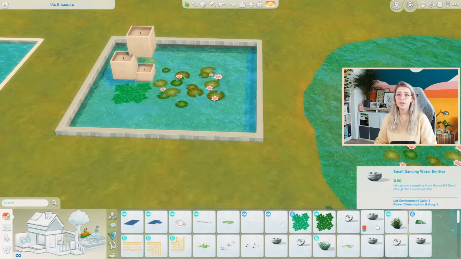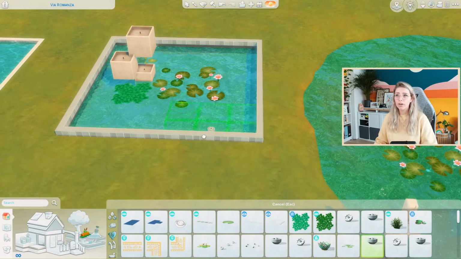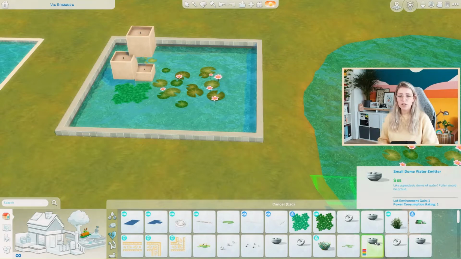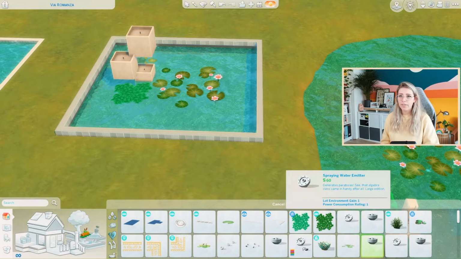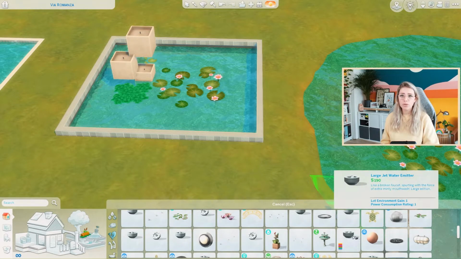Good to know is that here you can also find all of the water emitters. Make sure to read, you have the small dome water emitter. You have the spraying water emitter, but you also have a large jet water emitter. The size is mentioned in the title, and this indicates whether the water coming out of it will be very tall or smaller. And if you want to make a very dynamic pond or anything, it's very nice to add different sized water emitters, because that way the water won't all be the same height and it will look a little bit